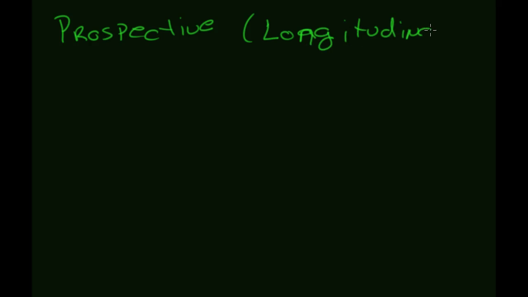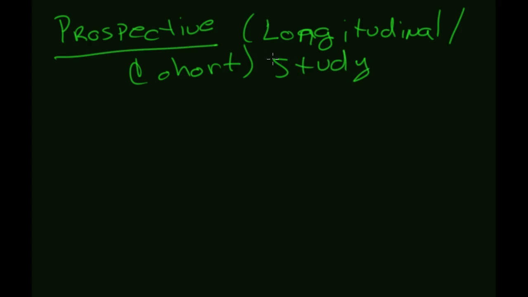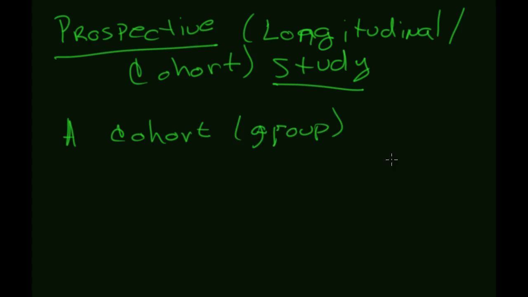And the third type of observational study here is what we would call a prospective study. Sometimes it's called a longitudinal study. Sometimes it's called a cohort study. And for this class, we'll tend to call it a prospective study. This is where you take a cohort, which is just a group of people, an identified group of people, and you collect